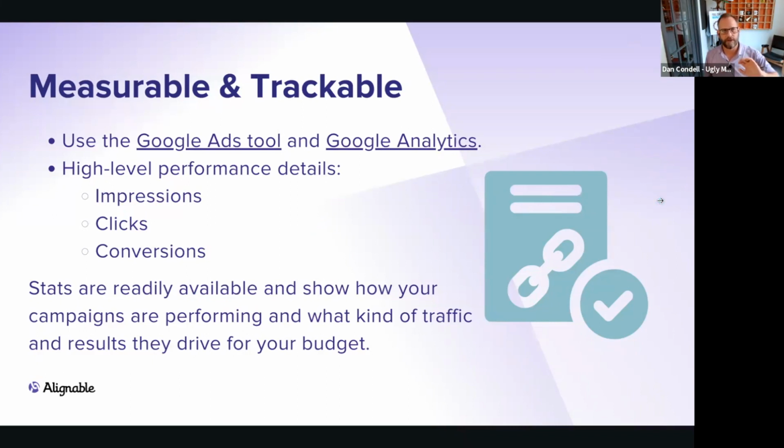So in summary, track. We have something we say here at Ugly Mug Marketing: if we cannot track it, we cannot duplicate it. If we can't get the data from it, we can't duplicate it. So make sure that we're tracking and measuring what we're doing. That's how you're going to know when something's not working right, as well as how something is working.